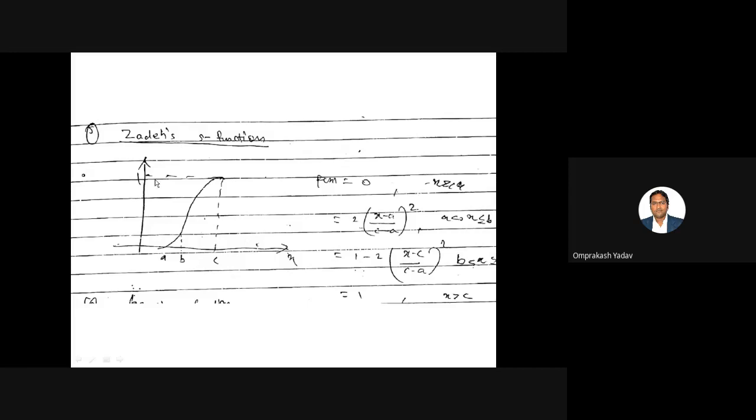ZS function. Okay, write the fifth one, ZS function. So this is also called an S function or S curve, because this will look like S shape. So the fifth one is ZS function. If you see here, three values are there, A, B, and C. So till this particular point, A to B, and then after that B to C, right?